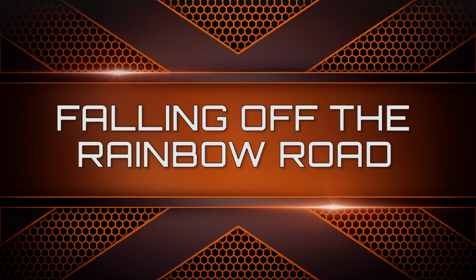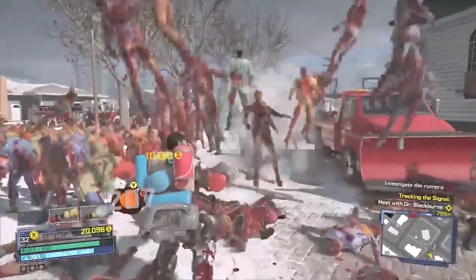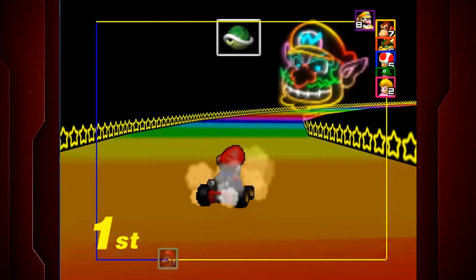Falling off the Rainbow Road. There are some glitches that can turn you into a godlike being, and others that can help you complete a game in record time. The most important glitches are the ones that ease your pain, as is the case with this one that will allow you to shave off a lot of time from the terrible Rainbow Road in Mario